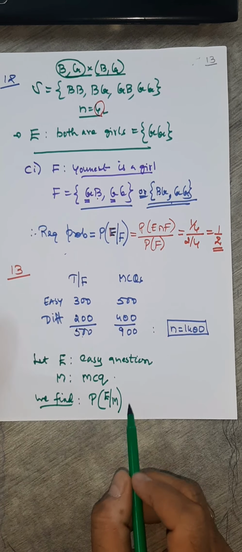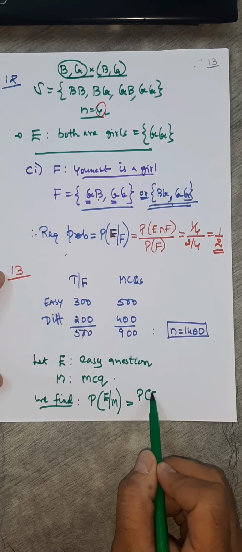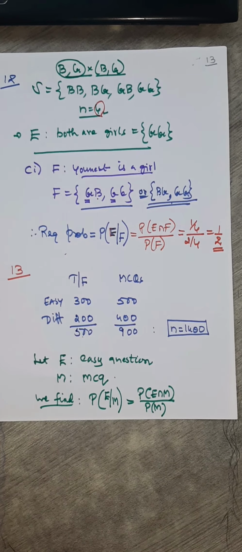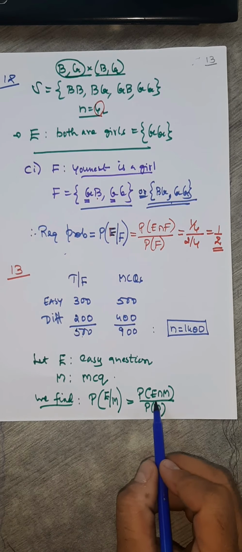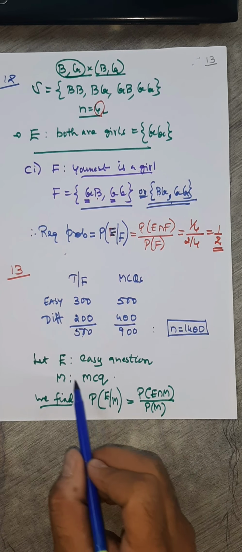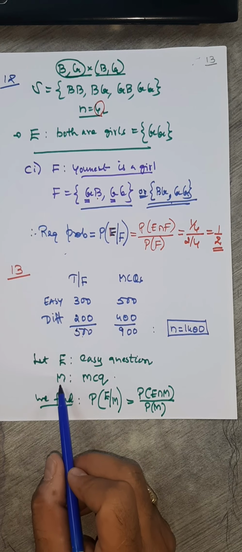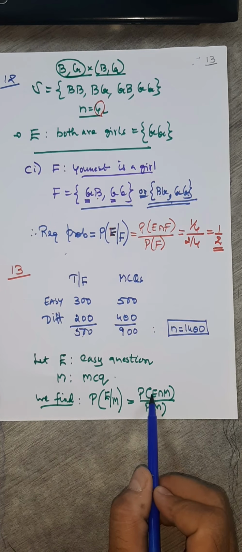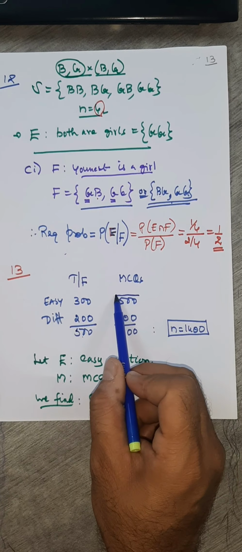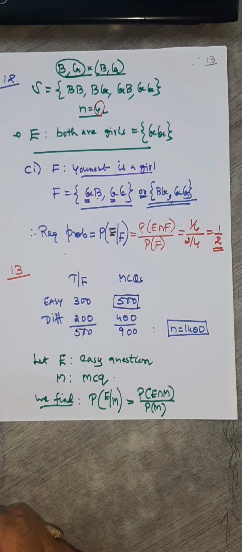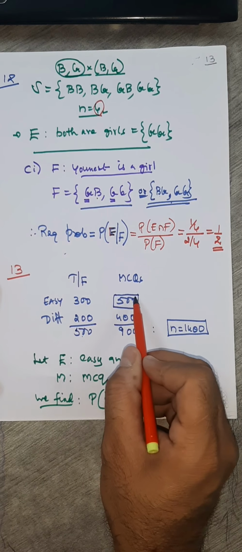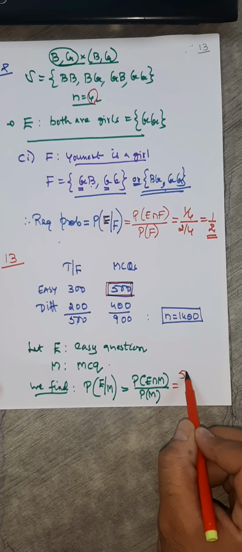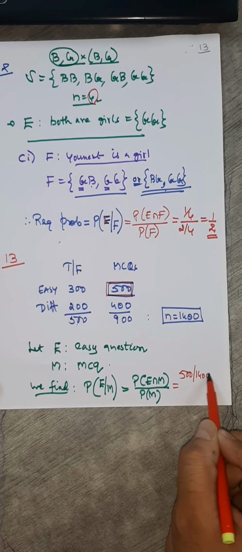Now what is the definition here? It will be P of E intersection M upon probability of M. This is the definition of conditional probability. Now E intersection M means what? It should be easy and it should be MCQ. So can you see in this table, easy and MCQ? So how many? 500. So this one and MCQ, so 500 and total 1400. So here, if you want to write it, it is 500 by 1400 upon